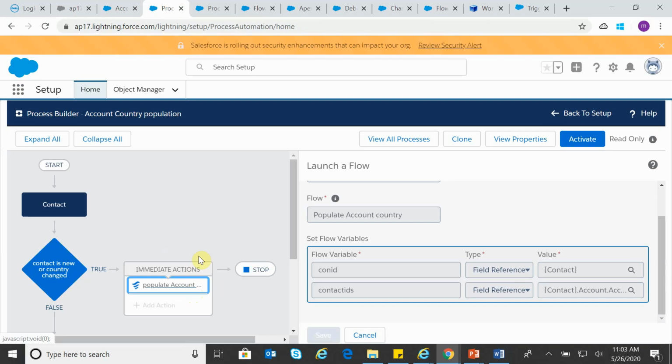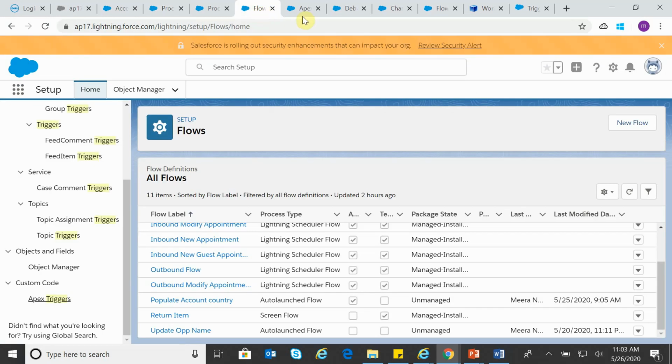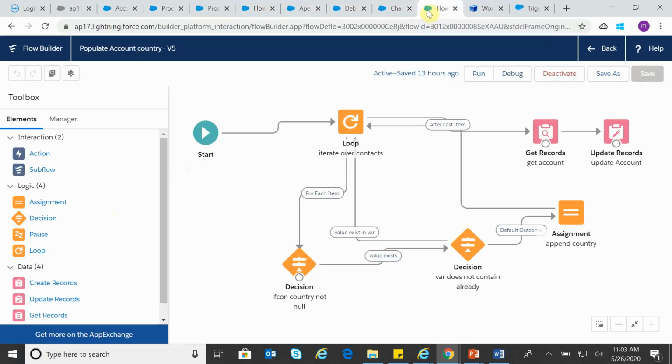Okay, the first one is getting consumed when it is fetching all the contacts under that particular account. Let us go to the flow and see where the rest of SOQLs are getting consumed. Here you have a get record operation which is fetching the account that needs to be updated. Here the second SOQL is getting consumed, and third is consumed when the actual update operation is happening. As per the documentation of PBs and flow, whenever we are executing a DML statement, it's consuming an SOQL statement also. Thus, it's consuming 3 SOQL statements.